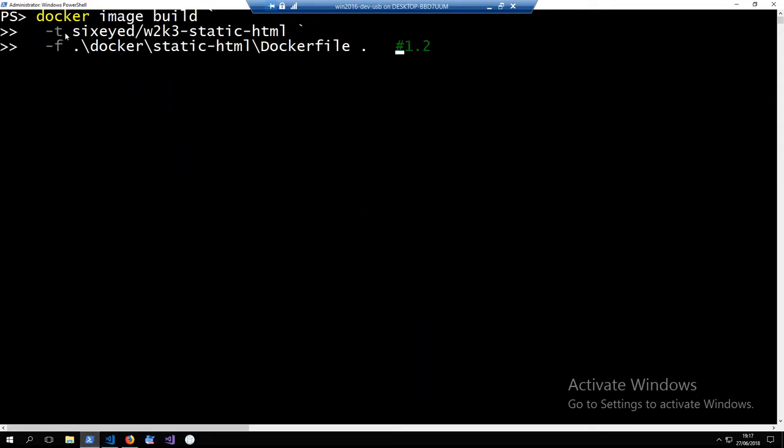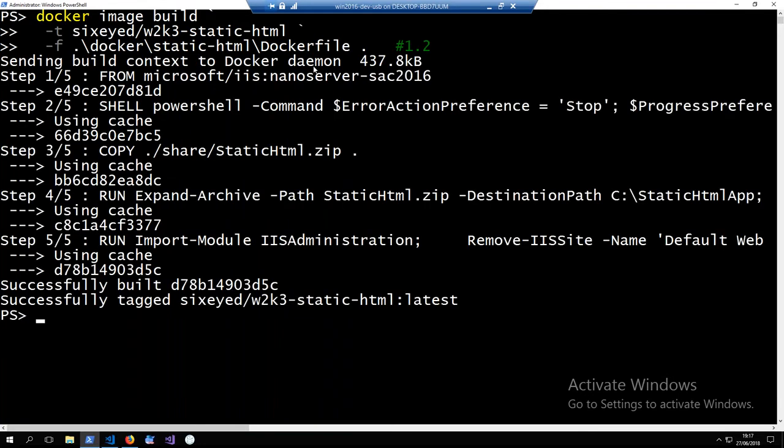I'm giving the tag, which is the name for my image. This will be the final output, the package of my application, and then the input is the path to my Dockerfile. So I'll run this, and again, this all comes from the cache because I've run it before. So I'm just going to briefly explain what that means because it's important to understand the efficiency you get when